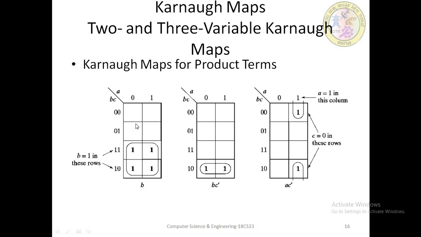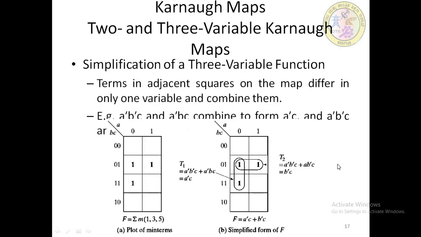And how we'll configure, how we'll group, this one matters. As I said already, a quad is nothing but 4 combinations. We'll be considering 4 ones together, and it will be set as a quad. And always these numbers should be adjacent, and it can be rolled also. That one we need to consider here. Here you can see how this has been taken care of. Means if we fold this K map in the vertical direction, this will come adjacent to this, so that this can also be grouped. Okay, and